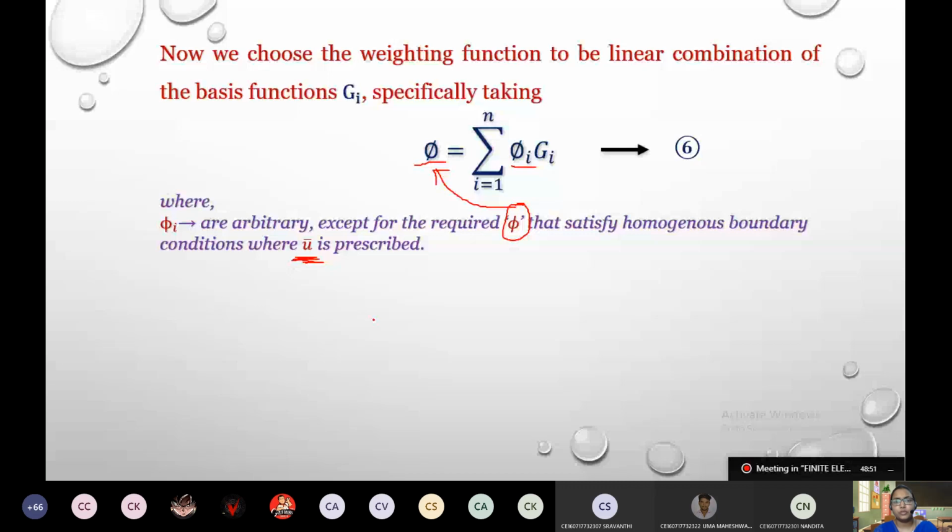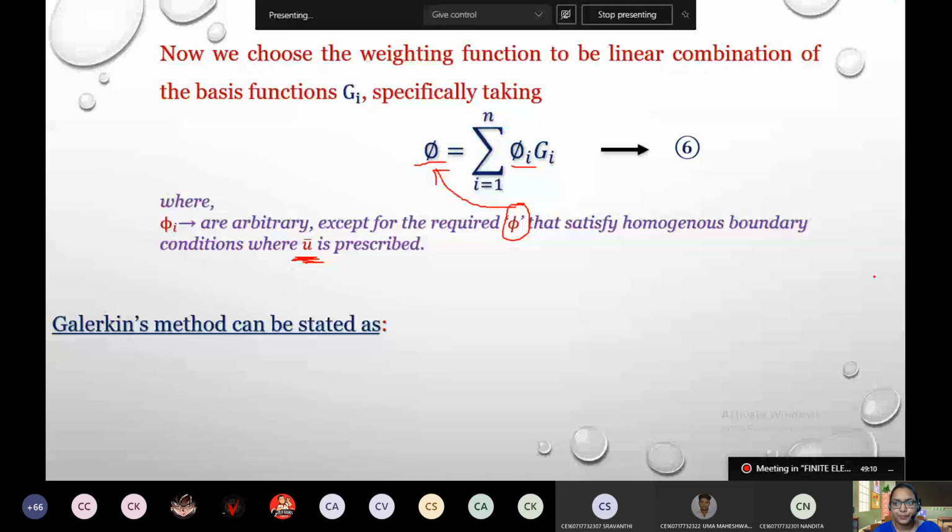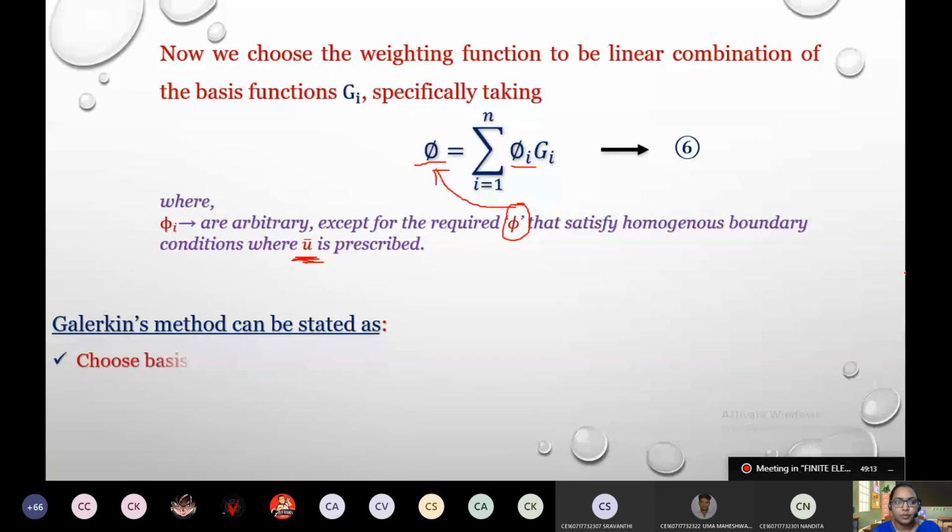So what I'll do here is show how the Galerkin method is formed. I'll tell you the Galerkin method in 2 steps directly, so that when we solve it will be easy. You can call it the summary of Galerkin method. You have to note these 2 points. Number 1, choose the basis function gi. I'm just simplifying all the 6 equations we had before into two different statements, so that when we solve it, we can go in this order.